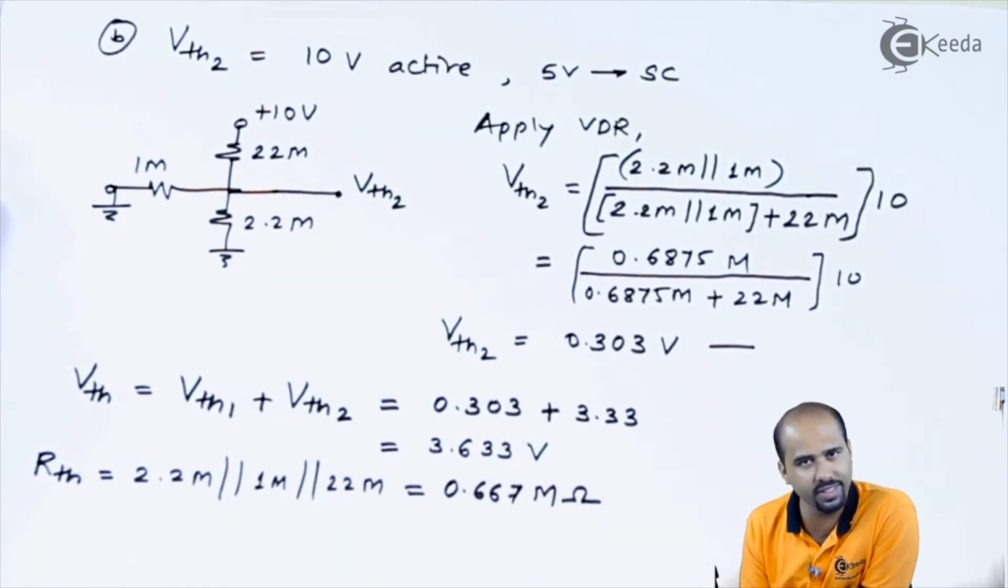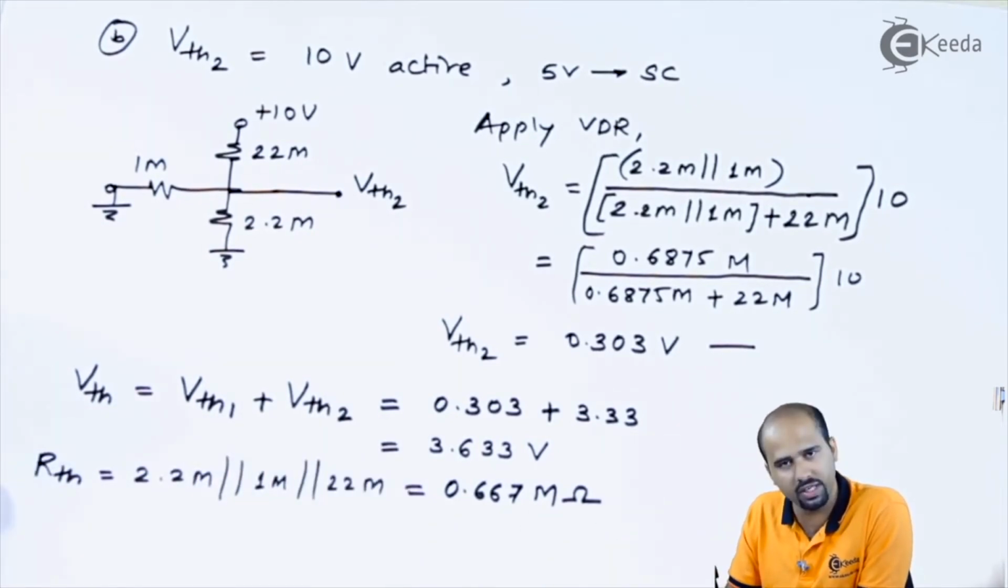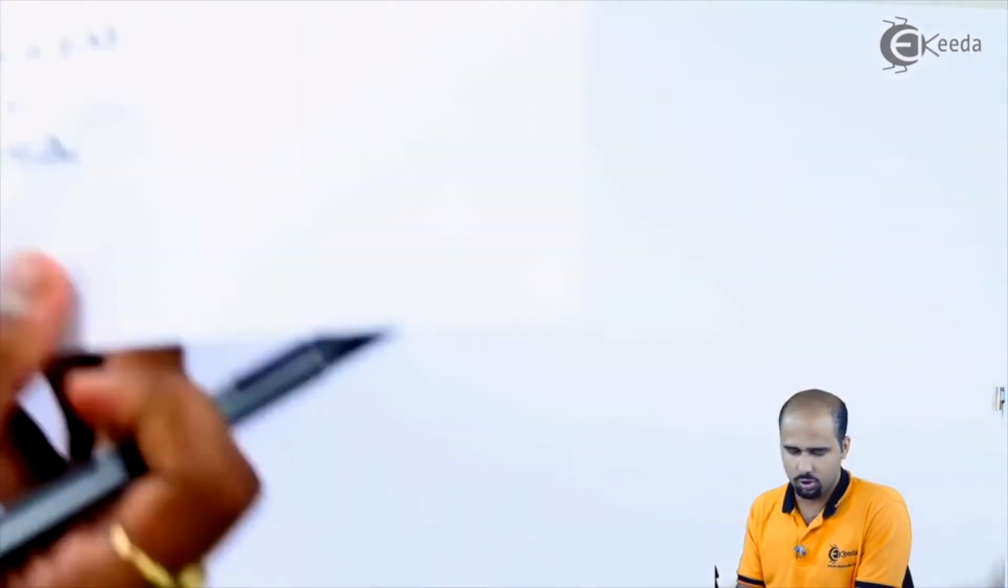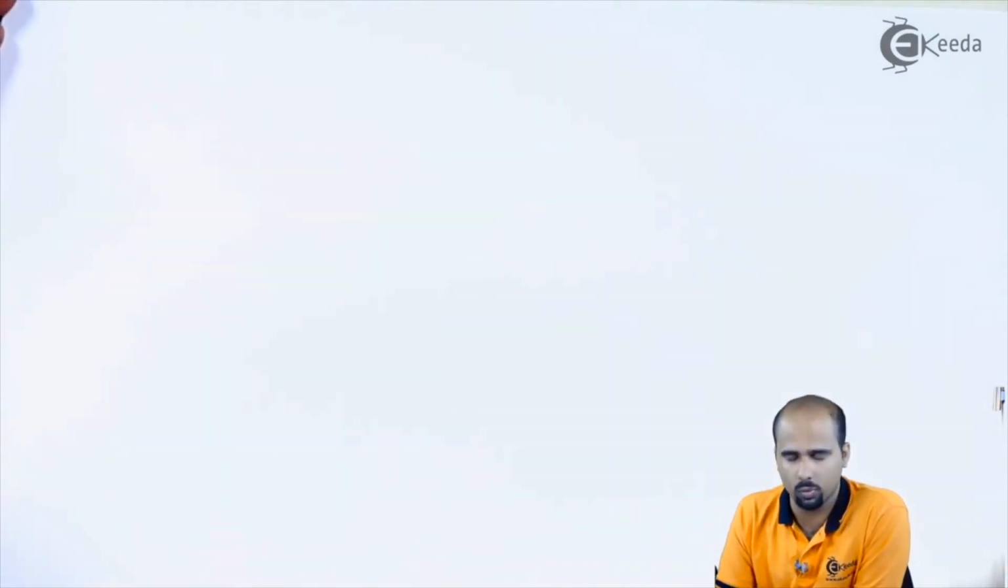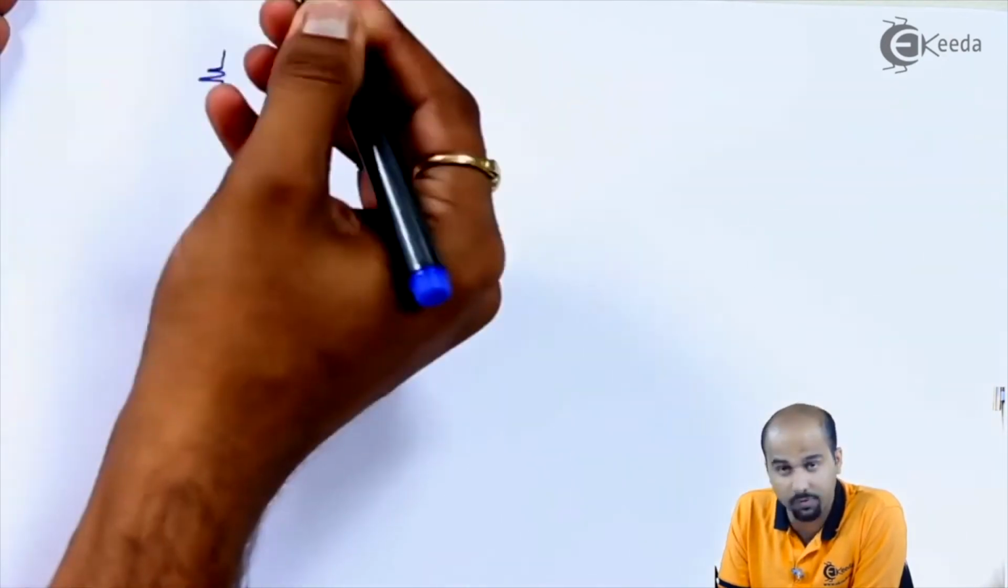This is the value. Yes? Good. So far we have got the value of VTH and RTH. VTH is equal to 3.633 and RTH is equal to 0.667 mega ohm. Okay. So proceed further for step number 1. Okay. So now my simplified circuit will be